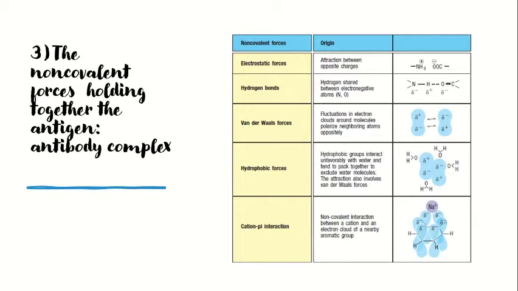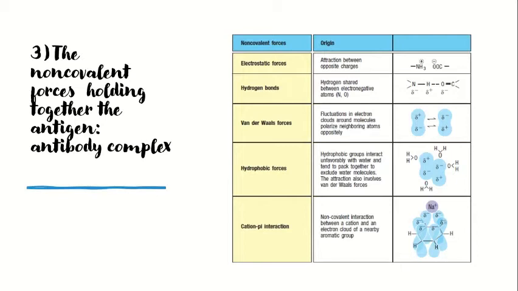An interesting aspect here is that high salt concentrations and extremes of pH can disrupt the antigen-antibody interaction by weakening the electrostatic interactions or the hydrogen bonds. This principle is utilized in the purification of antigens by using affinity columns of immobilized antibodies. So this is another practical application, used in developing techniques for further utilization in science.